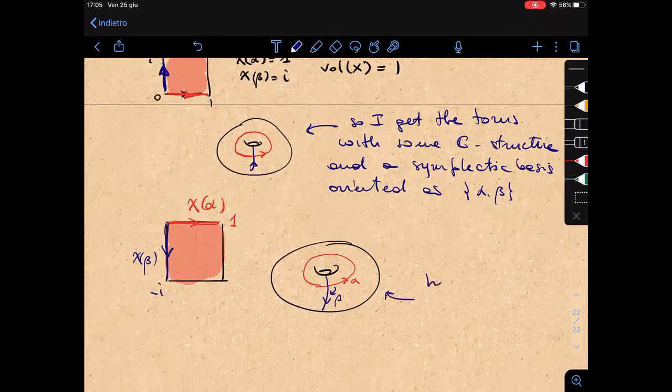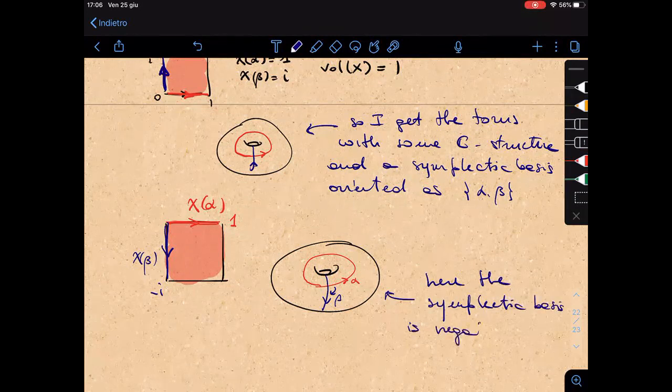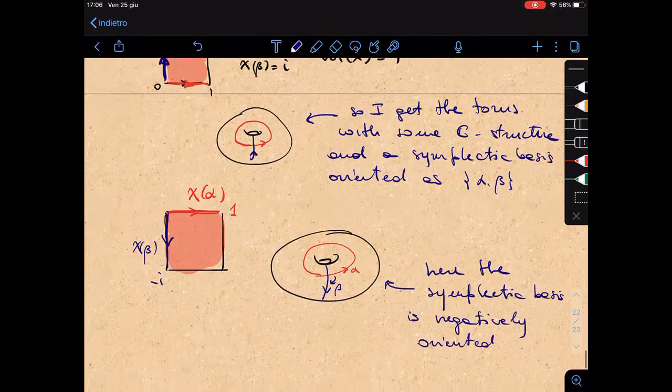Here, the symplectic basis is negatively oriented. And indeed, if you compute the volume of this, let's call it chi prime, this is exactly minus 1, so it's negative. So the point of the negative volume is that